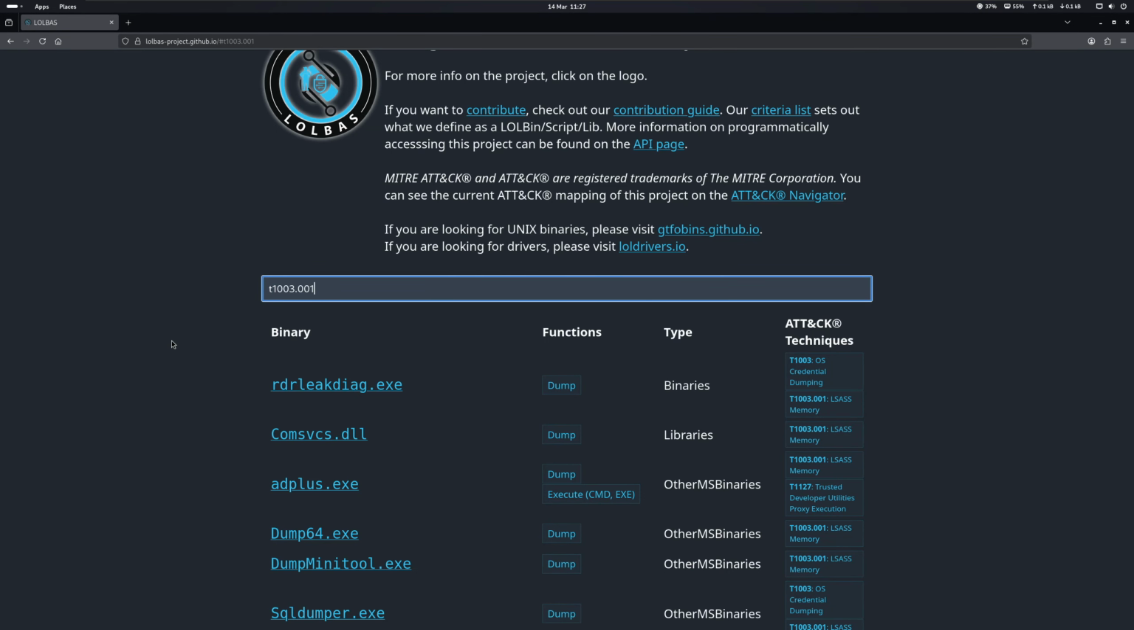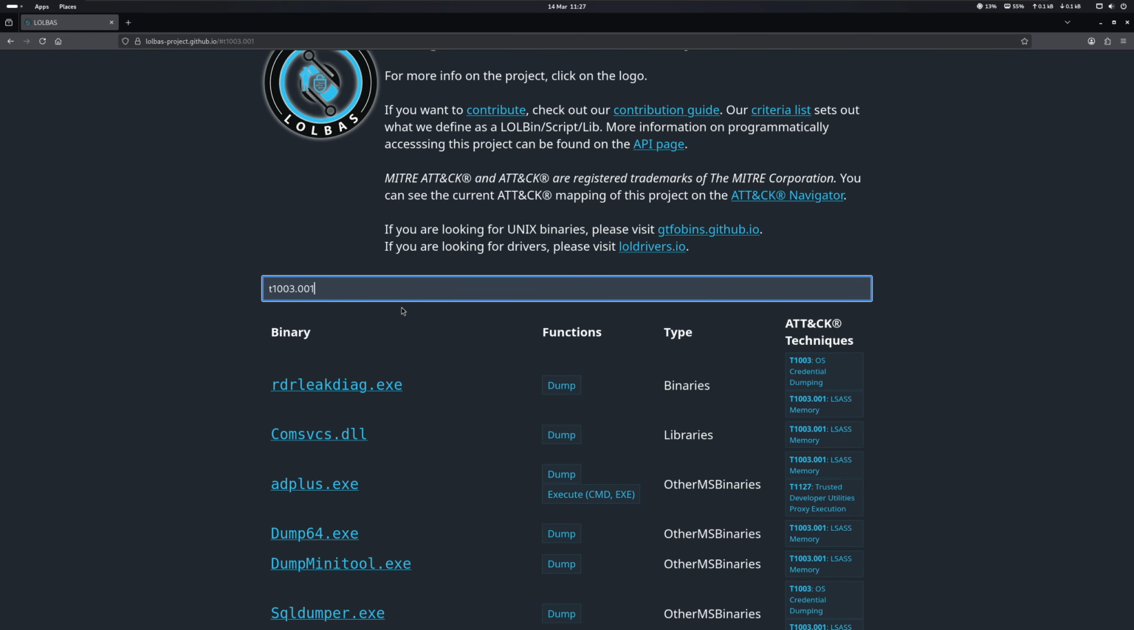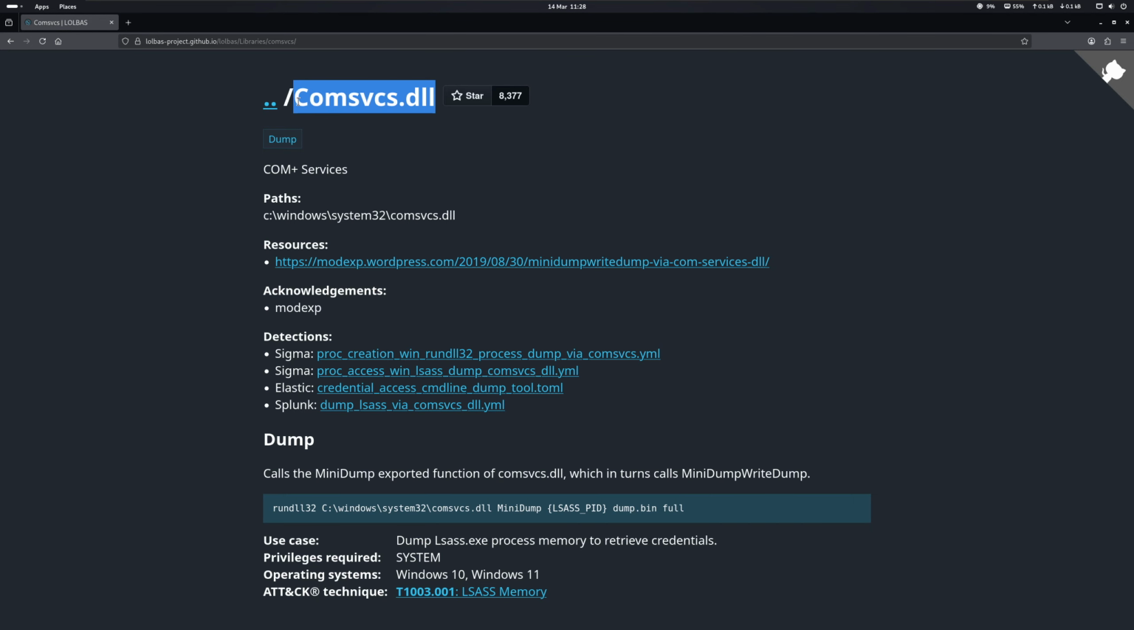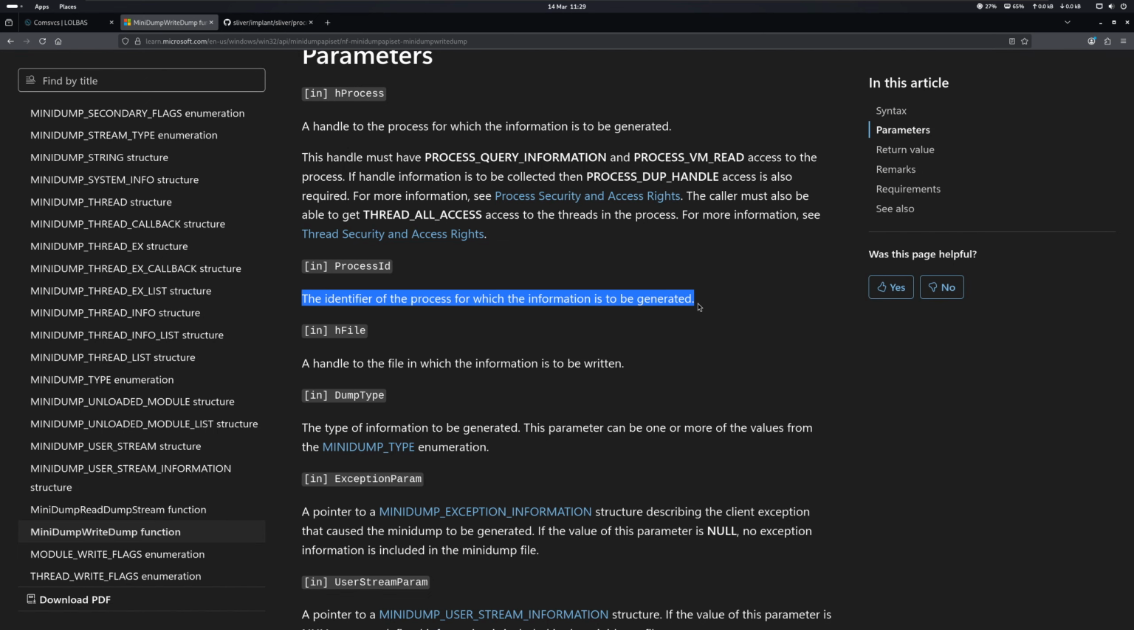Now, besides just using procdump, which is only available on Sliver, by using the LOLBAS repository, you can find several additional tools that are available for the same purpose. For example, we can use the comsvcs.dll, and the way it works is by using the MiniDumpWriteDump function. And actually, this is the way in which Sliver's procdump command works. So it takes the PID of the process it is creating the minidump of, and then writes that minidump to